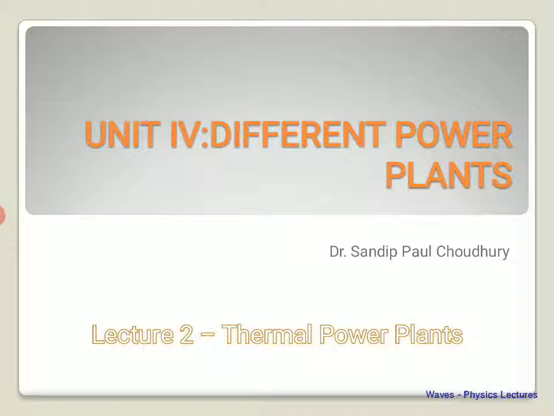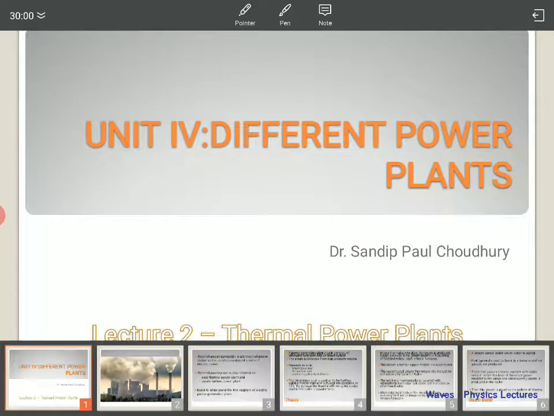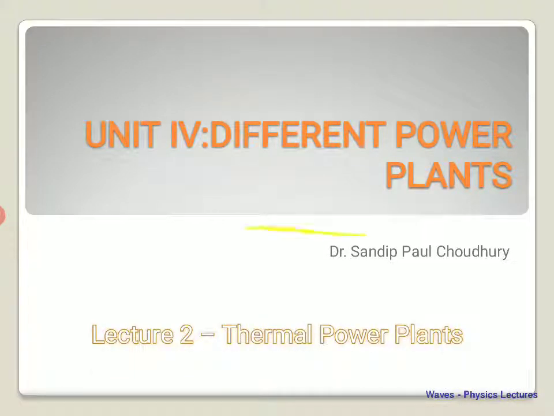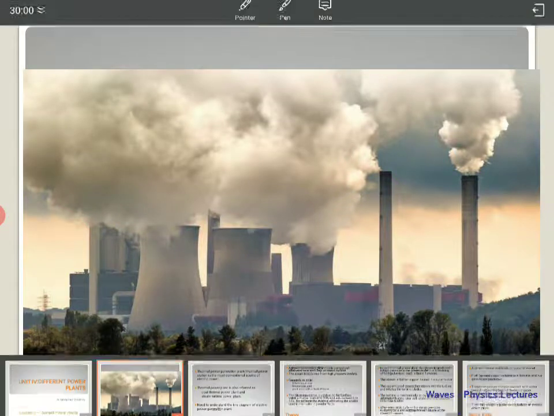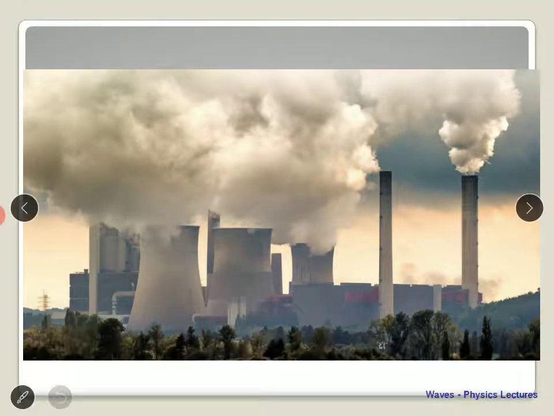Thermal power plant is one of the most widely used power plants, and let's see how it works and how it functions. So this is an image of a thermal power plant. Yes, I know it doesn't look like a very happy picture, considering the environmental deterioration, but we also need electricity, and that's very important. So there is always a basic compromise between what we need and what we want.